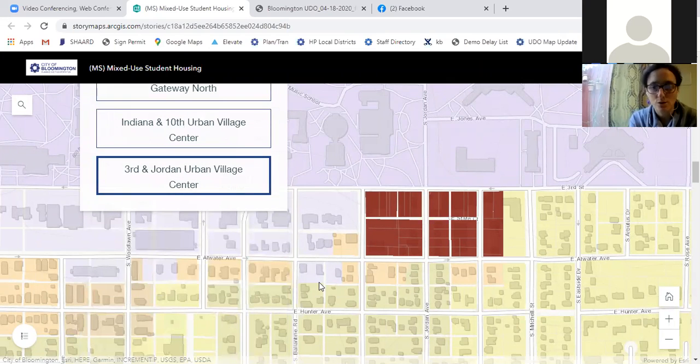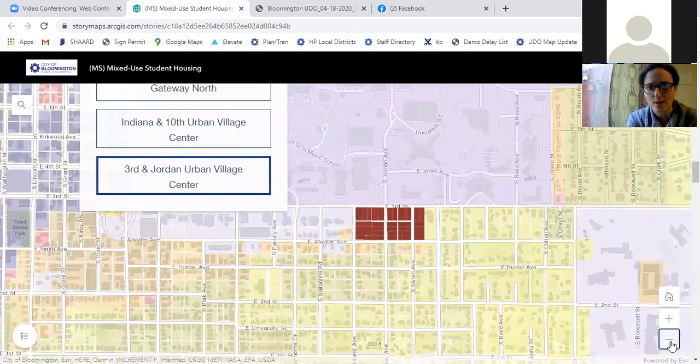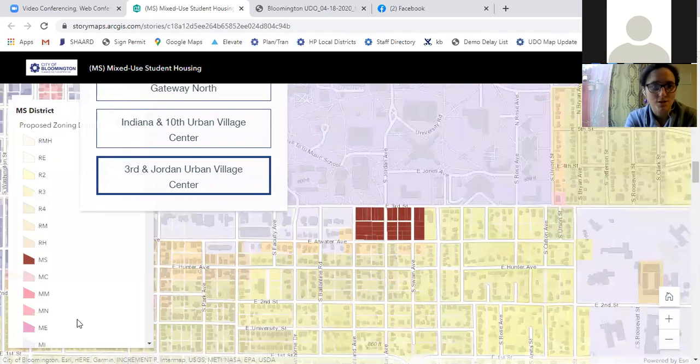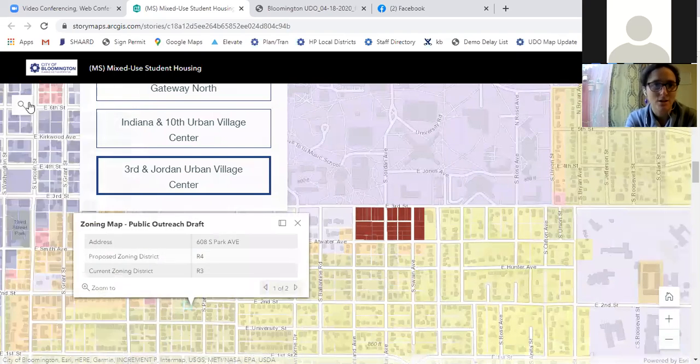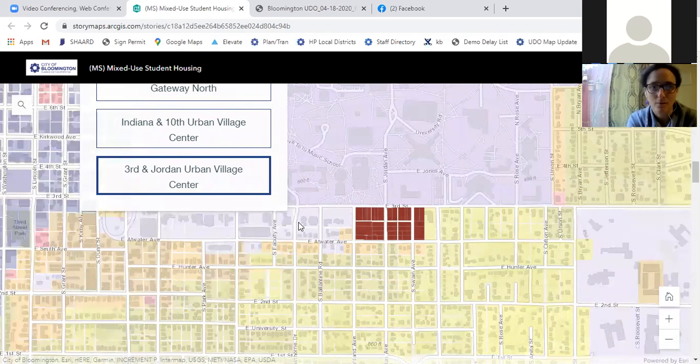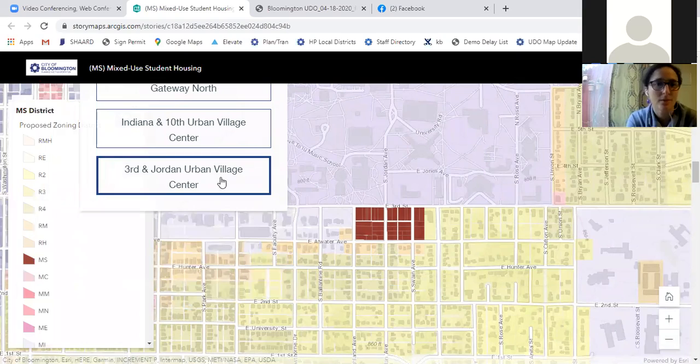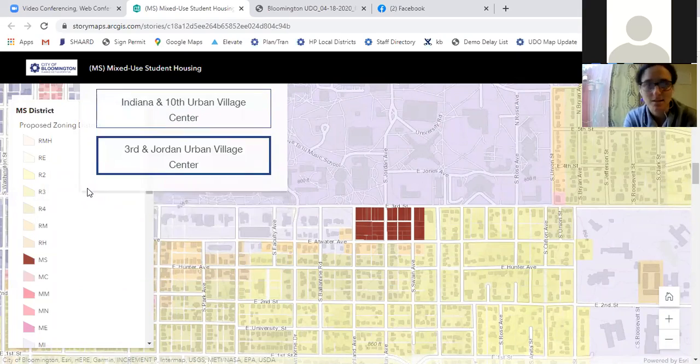So for those who weren't here, or just as a refresher from Tuesday, these maps are interactive, so there are zoom in and out over here on the bottom right, a legend for the districts on the bottom left, and then actually at the top as well, you can put in an address if you were curious where these are in relation to something specific.